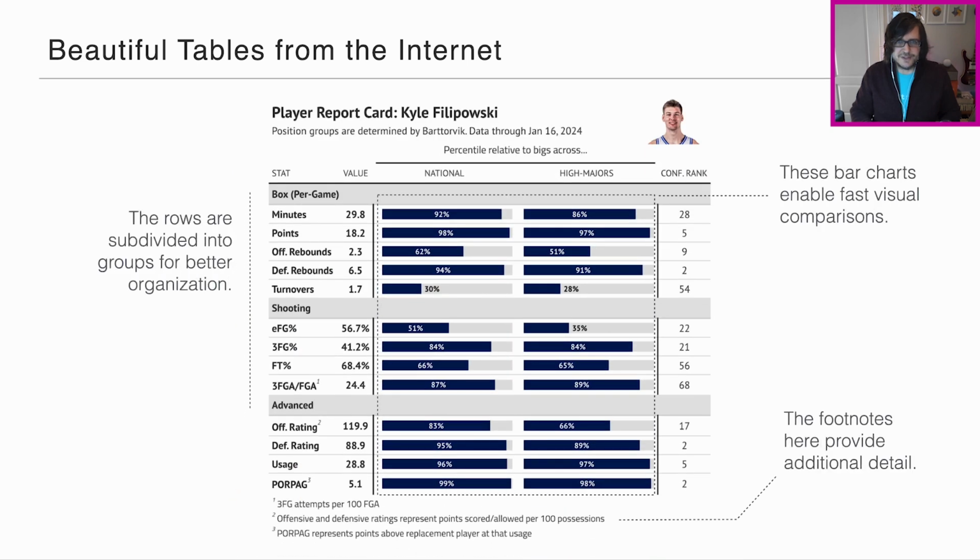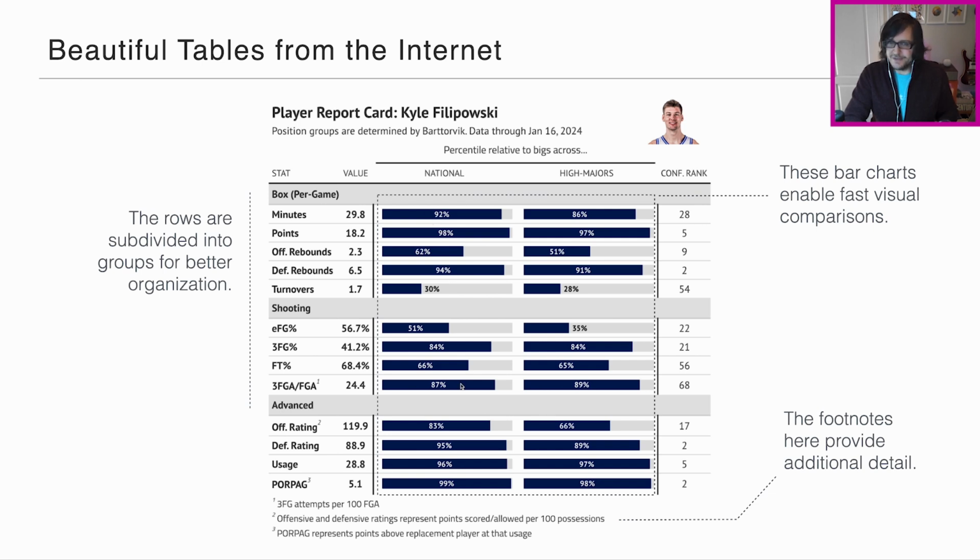And so I have another table from the same author, coincidentally. What really grabbed me about this table is that there's bar charts inside this table. You can see right here, quite a few of them. They're front and center. And what they do is they enable really fast comparisons between values here. If you just had the numbers, the percentage values wouldn't be so highly readable, but we have both. We have the bars plus the precise values.